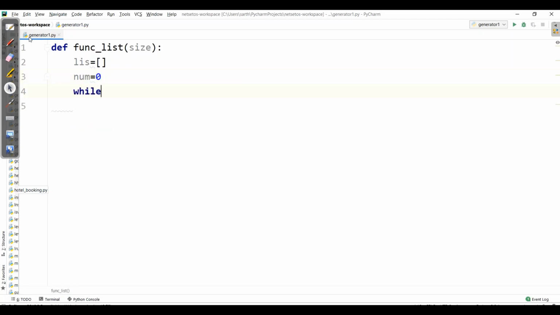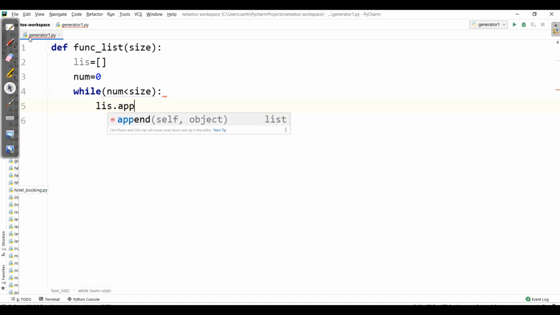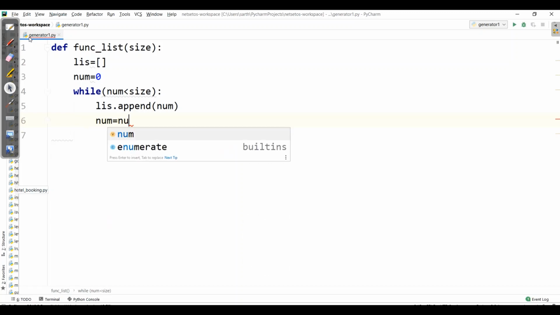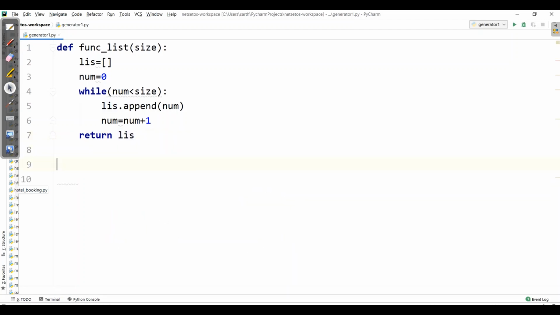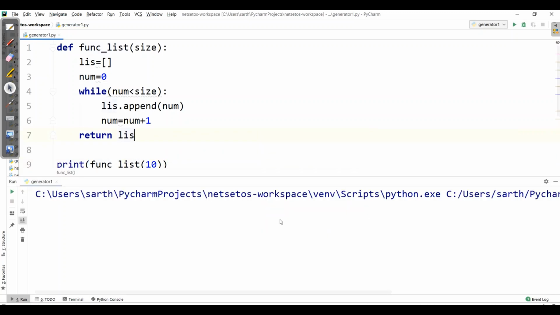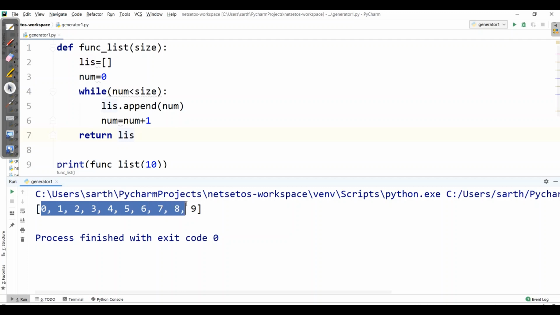Now let's give the condition while num should be less than size. As soon as it passes this condition, the list will append the value num, and num is equal to num plus 1. And then we are supposed to return the list. When I call this function for 10, print, let's run the program. Here we got all the values from 0 to 9 in the list.